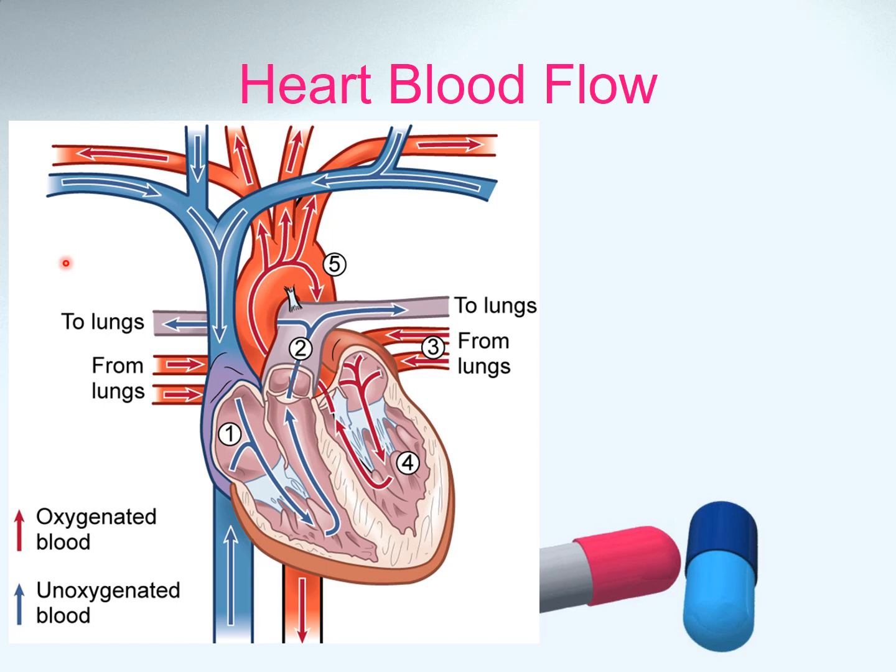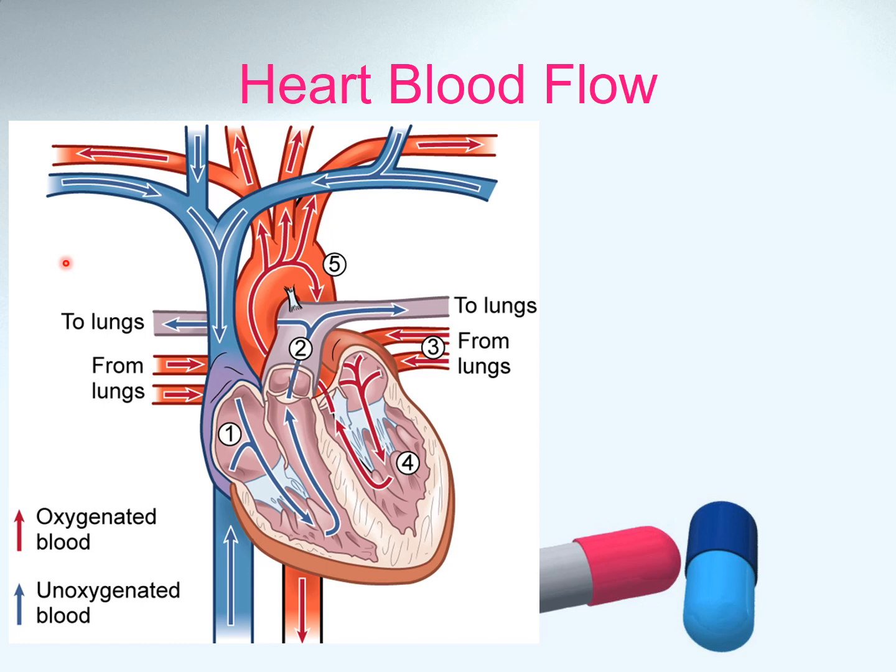Okay. The right atrium receives venous blood from the inferior and superior vena cava and the coronary sinus. The blood then passes through the tricuspid valve into the right ventricle, and with each contraction, the right ventricle pumps blood through the pulmonic valve into the pulmonary artery and to the lungs. This blood flows from the lungs to the left atrium by way of the pulmonary veins. It then passes through the mitral valve and into the left ventricle. As the heart contracts, the blood is ejected through the aortic valve into the aorta